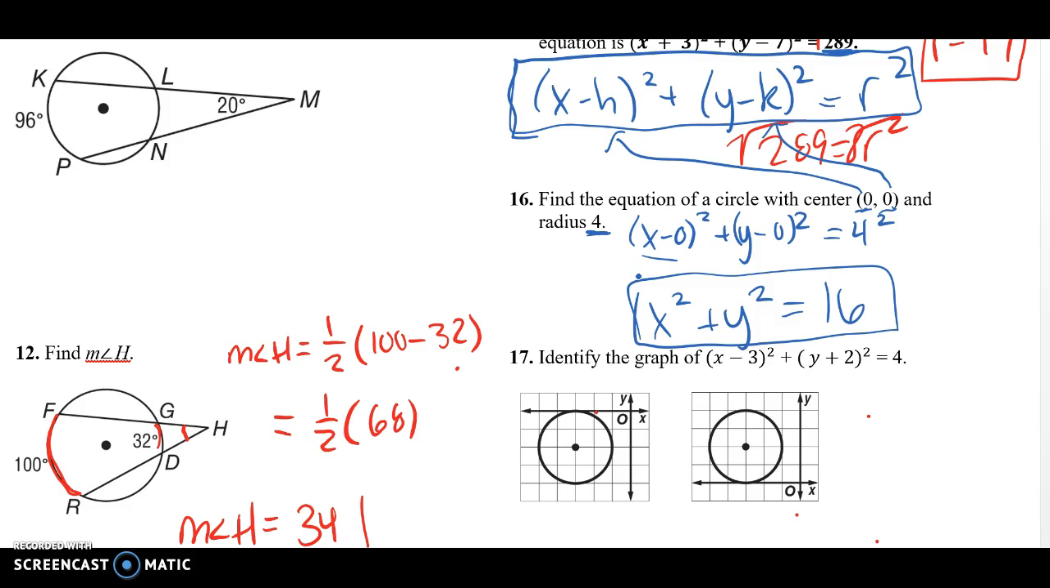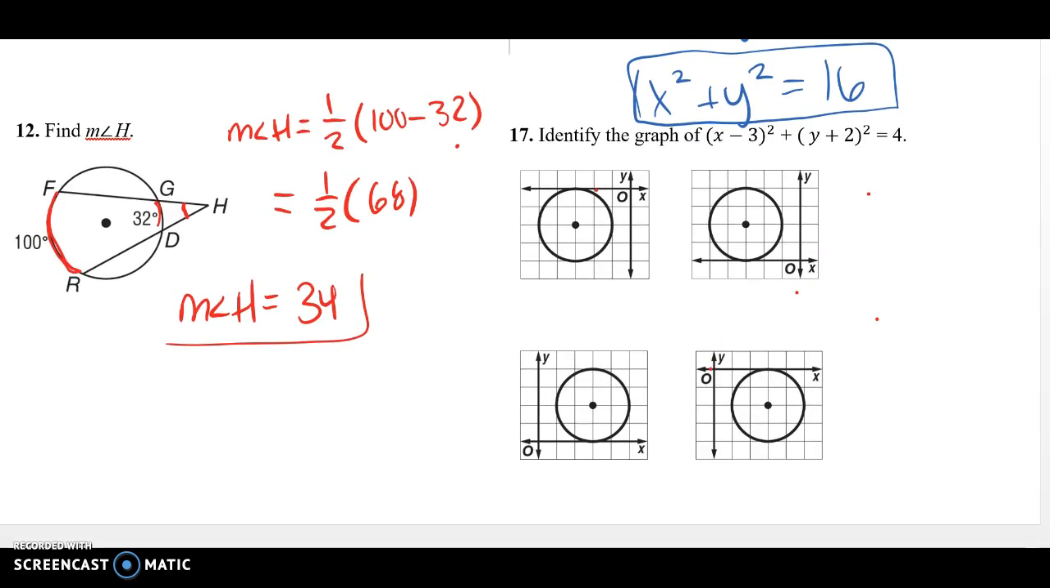So then just one more. It says identify the graph of (x − 3)² + (y + 2)² = 4. Okay, so from that, now we should have the skills to just look at this guy and say, okay, well,